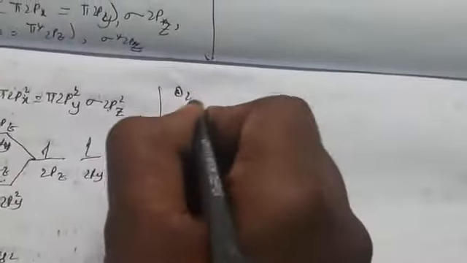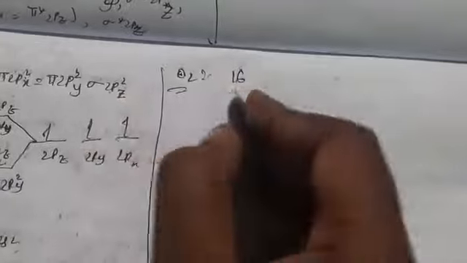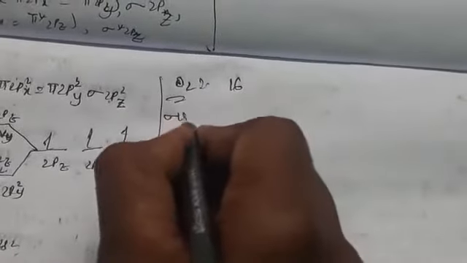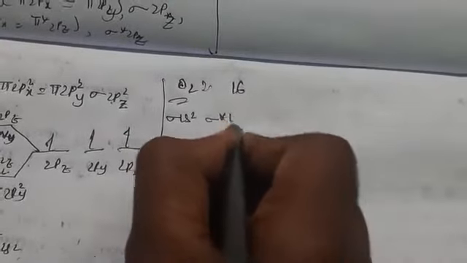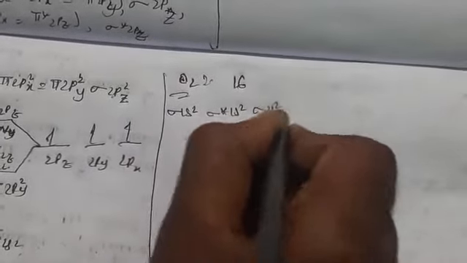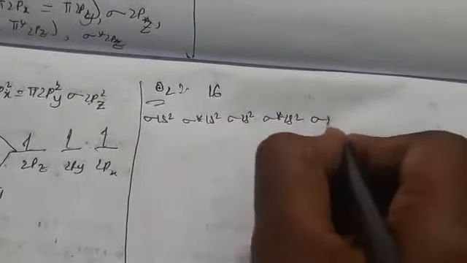Okay, so coming to the next one, we are having O2 also. These all are for what here? We are doing for homodiatomic molecules. Hetero also we can do. So coming to O2, 16 is the total number of electrons for this molecule. So the configuration will be more than 16 it is. So it will change. Okay, sigma 1s2, sigma star 1s2, sigma 2s2, sigma star 2s2, sigma 2p2z,